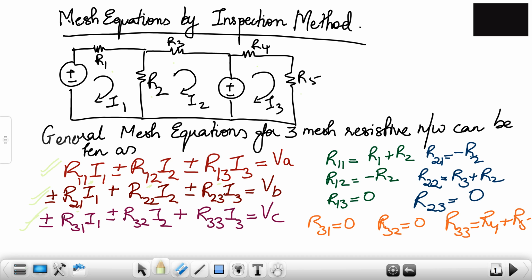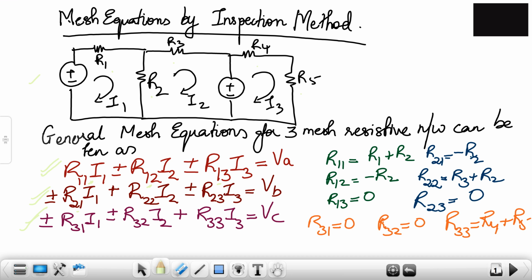VC. Now if you notice over here, when you say R11, it is first row, first column. R12 is first row, second column. R13 is first row, third column, and so on. R21 is second row, first column. Similarly, R31 is third row, first column. Now if you look at the circuit,